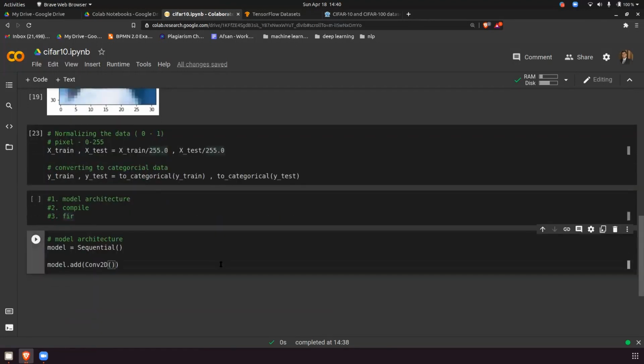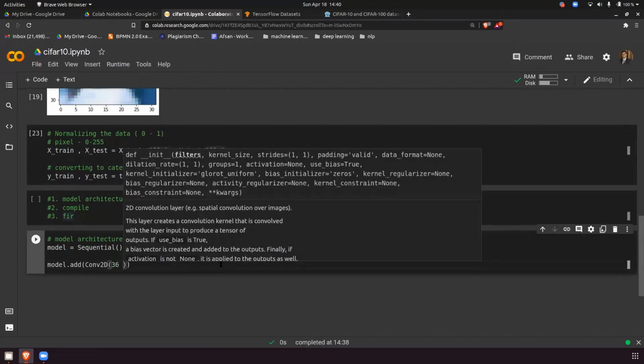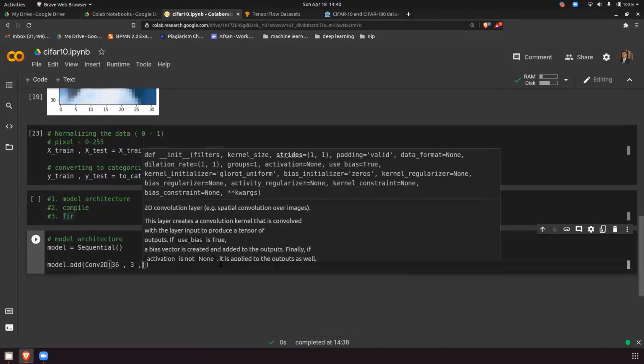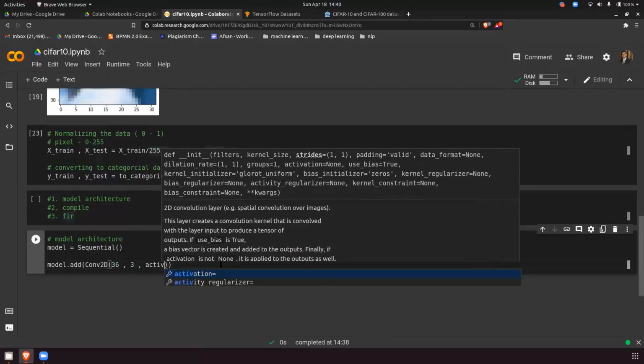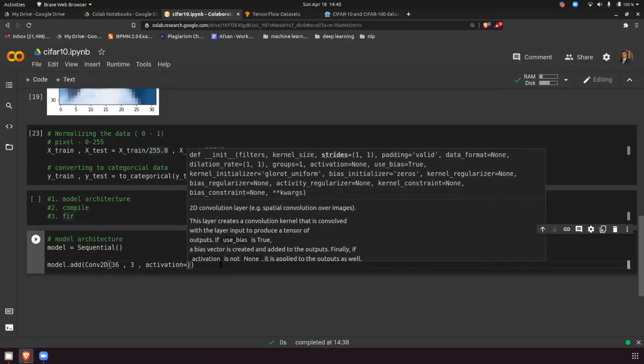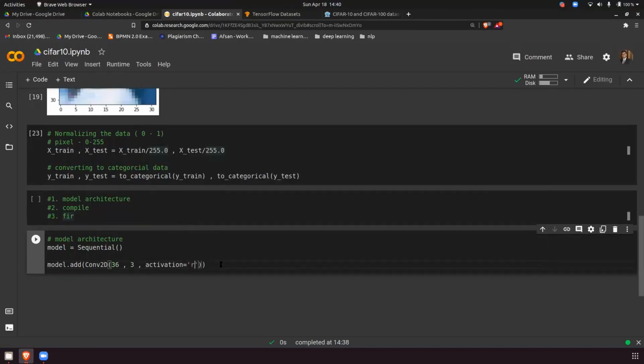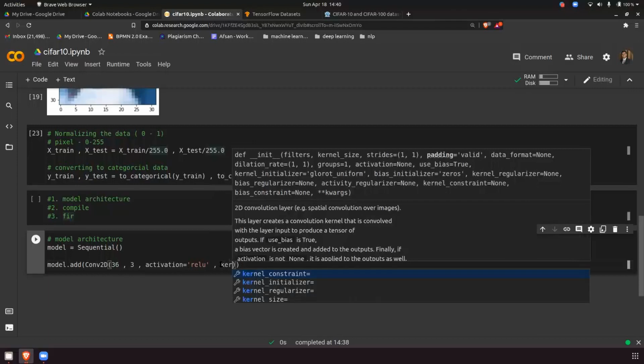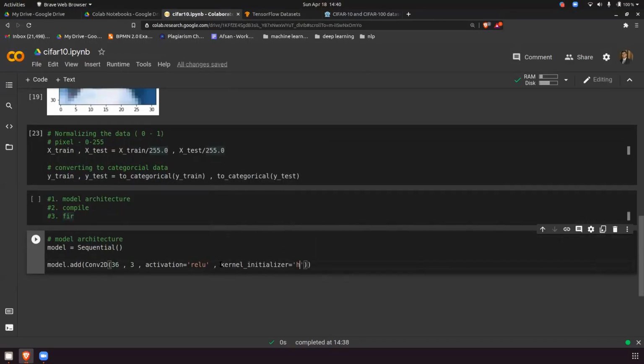Directly I have to decide the filter. I want a filter of 36, a kernel size of 3. What's the activation function? ReLU. And what will be the kernel initializer for this? He normal or He uniform.